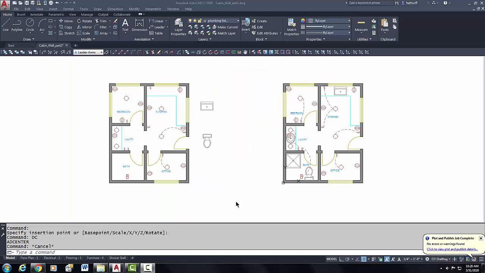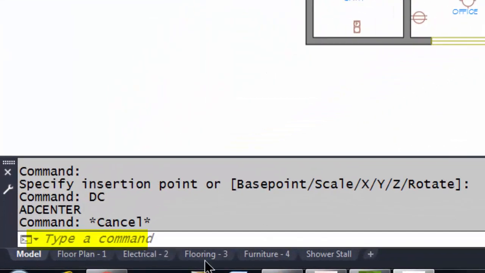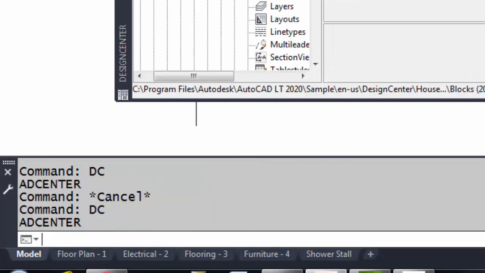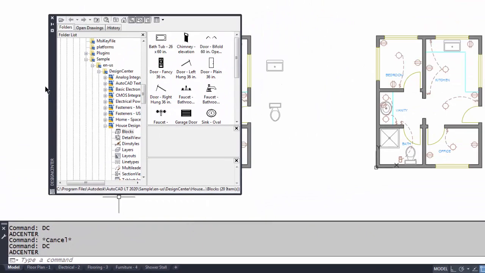Now to add the vanity sink, we're going to use the Design Center. The Design Center is a place where AutoCAD has their own block drawings that have multiple blocks in them that we can access. So let's go there. On the command line, I'd like you to type DC, enter, for Design Center, and it brings up this dialog